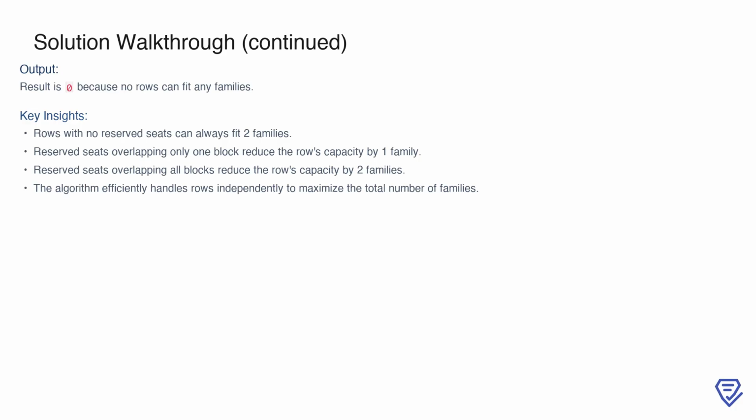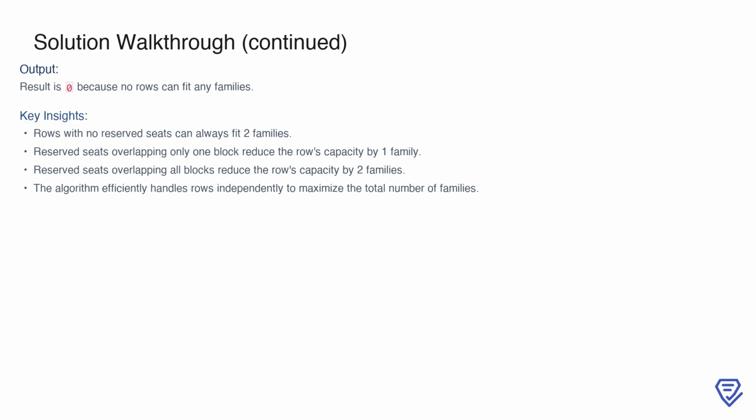To summarize the key insights, rows with no reserved seats can always fit 2 families. If reserved seats overlap only one of the 3 blocks, the row's capacity is reduced by 1 family. However, if reserved seats overlap all 3 blocks, the row's capacity is reduced by 2 families, effectively leaving it unusable. This approach processes rows independently, ensuring that the total number of families is maximized while efficiently handling the constraints imposed